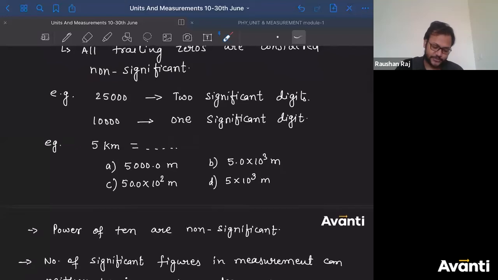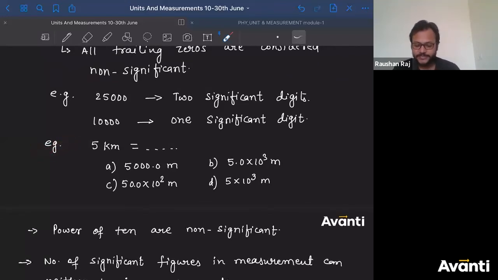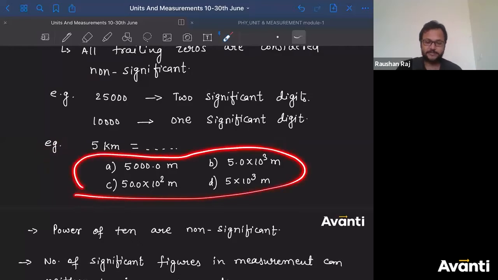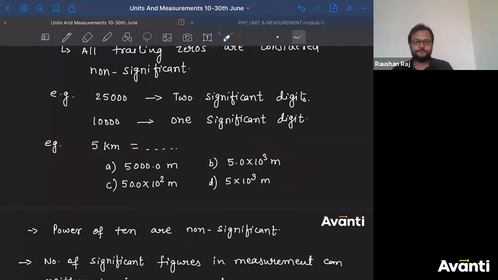Now guys, answer this question. It is a very easy question. Now answer this question. 5 kilometer is equal to which one of them will be the correct answer? Try to get the answer. Answer quickly. Which one of them will be the correct answer? Tanmay has answered, Kirtan, Karthik, Shreya, Vishwa, Tanishk, Jhansi.